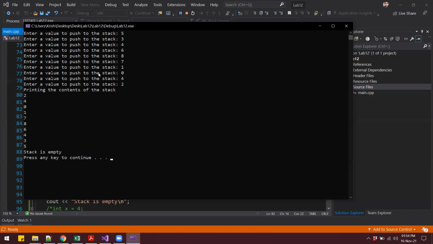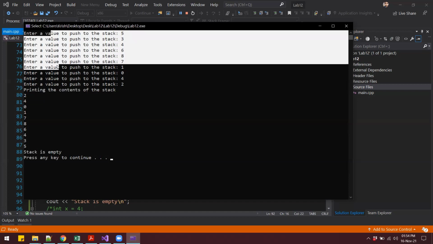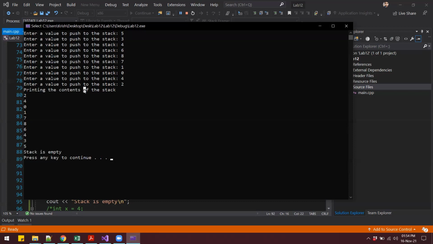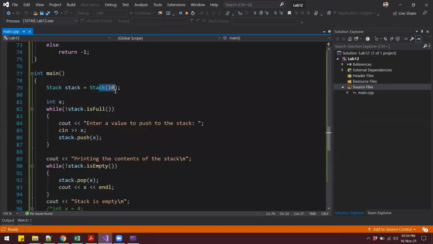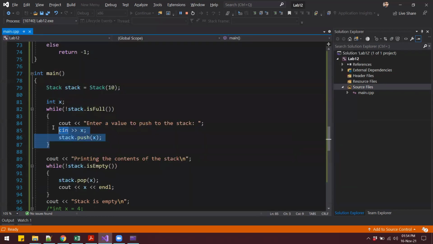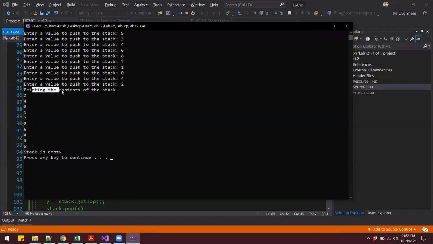So at this point, after we have entered the 10 values, 1 2 3 4 5 6 7 8 9 10, after all the 10 values are stored, the stack becomes full, right? Because the size of the stack is 10. So when the stack is full, this while loop will exit, and we go over here and say we are printing the contents of the stack, right?